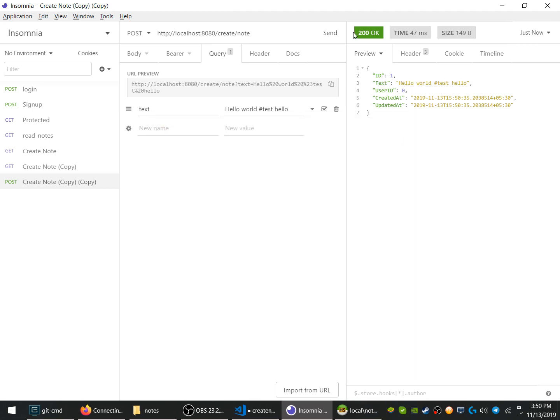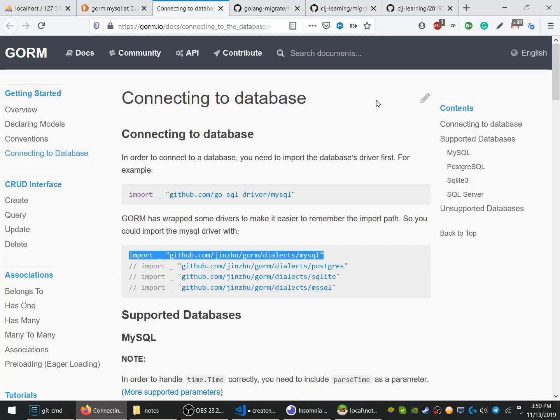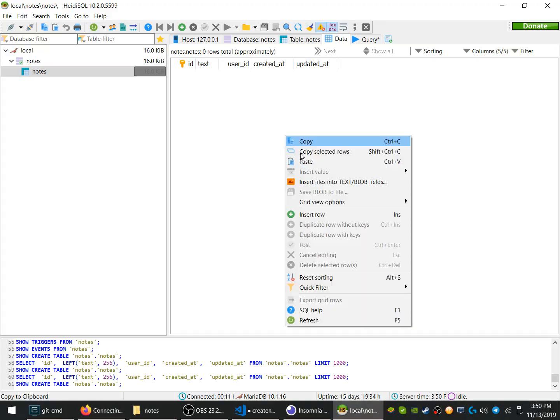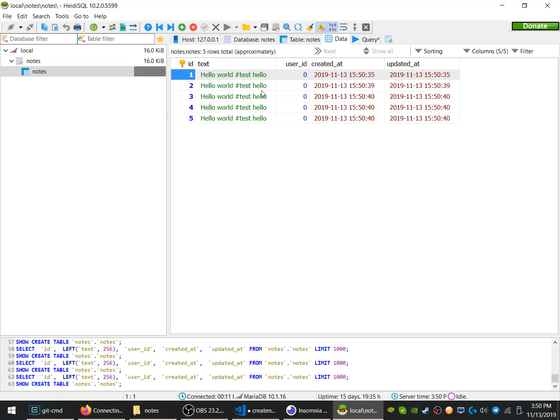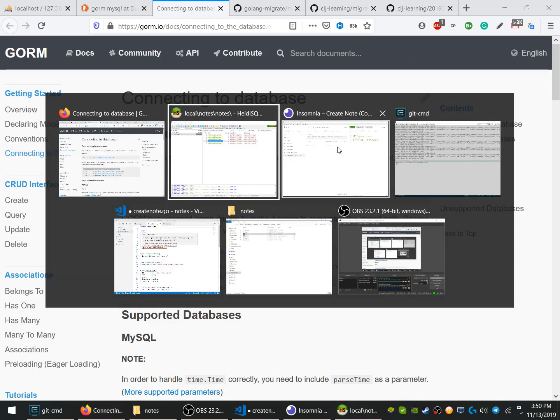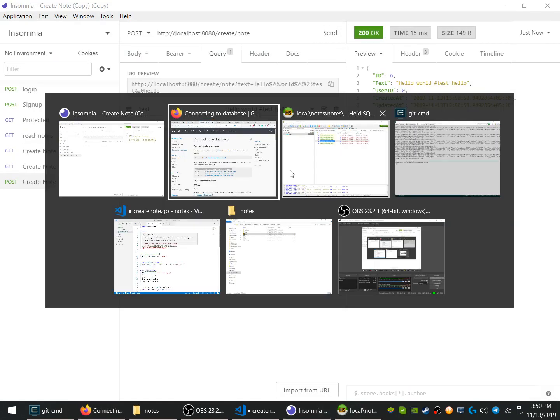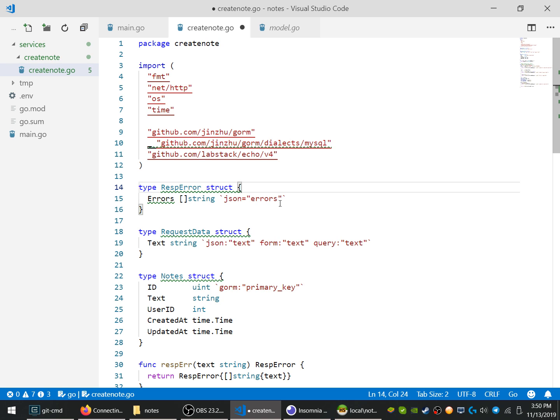Okay, so we are able to insert it, right? Let's see in our database. So those are the values that exist. So now what we want to do,